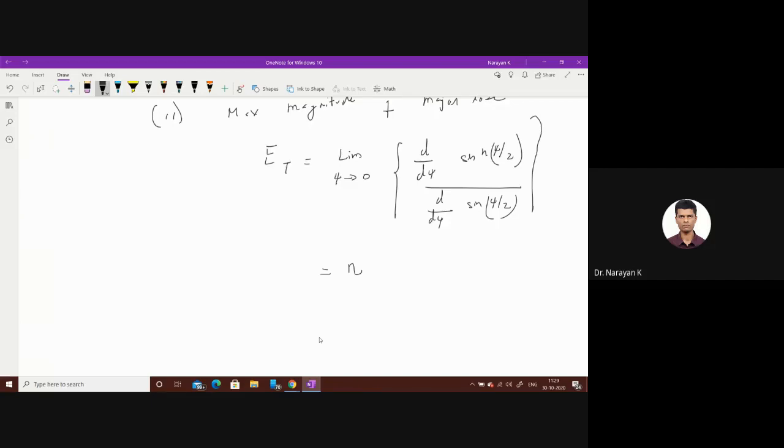What happens if you differentiate this is you will get n by 2 from the partial differentiation with respect to psi. So you will get n by 2 cos n psi by 2 divided by half into cos psi by 2. That is what you will end up getting here. Okay, I'll do the derivation. Shall I do it for your understanding? Can I do it? Yes, sir.